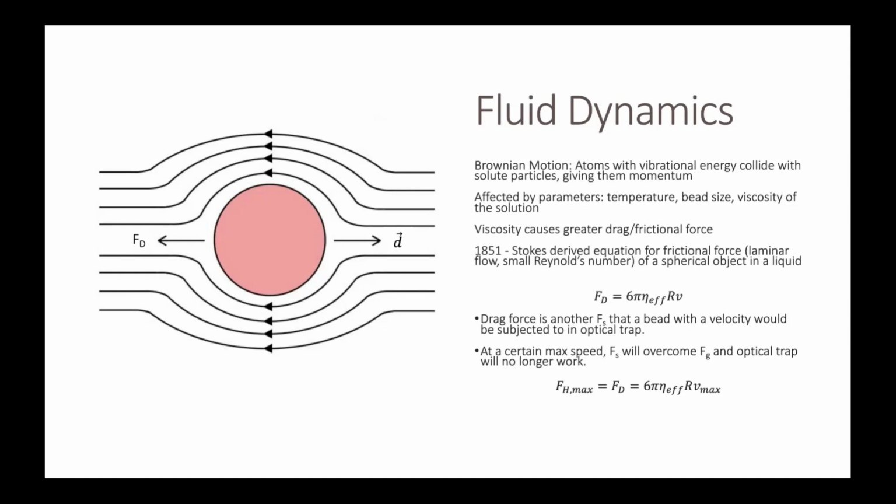And if the laser is moving too fast at a certain speed, it will no longer be able to hold the bead, as the frictional force will overcome the gradient force. Therefore, we can apply a max velocity limit, which is directly correlated to the maximum holding force, where both gradient and frictional forces are equal. And this is shown as the second equation, where we define this as the F_H